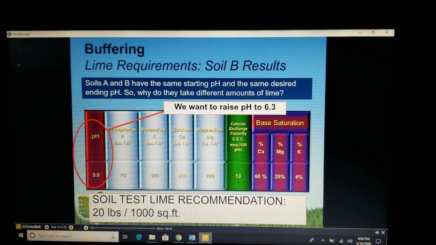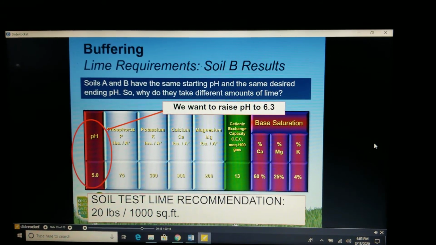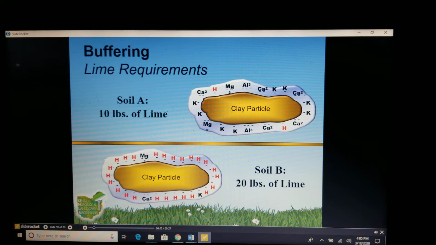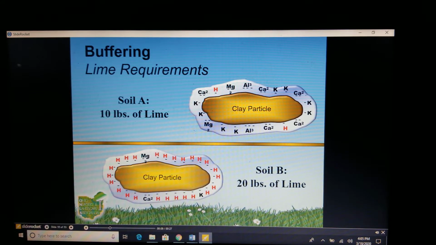Soil B also has a pH of 5.0, and we also want to raise its pH to 6.3. To do this, the Soil Testing Lab recommends adding 20 pounds of lime per 1,000 square feet of soil. Why does it take different amounts of lime for the two soils if they have the same starting pH and the same desired pH? As you can see, the two soils have different reserve acidities, so they have different buffering capacities. This is why we cannot develop standard lime recommendations that will raise pH levels from one pH to the